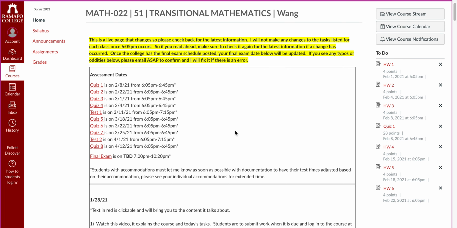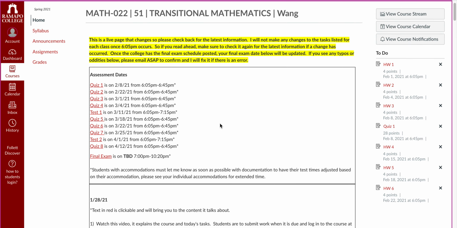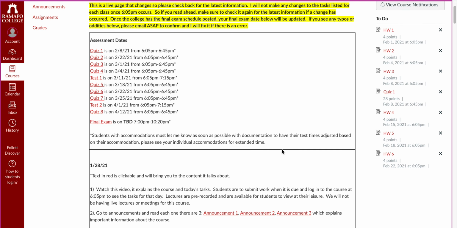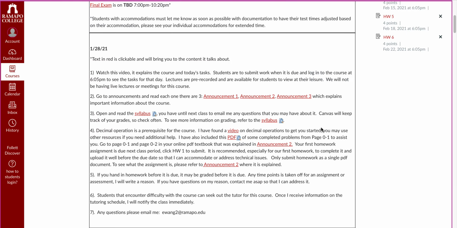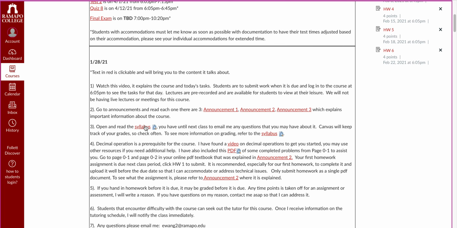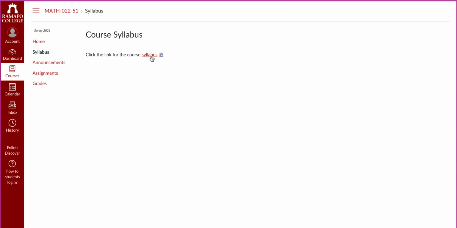Let's talk about how to navigate all these things. When you click here, that was the home button, which is a lot. You have this nice to-do list here that tells you what you need to do for upcoming dates. I forgot to say, anything that's in red is clickable, and it will bring you to where you need to go. If you want to click here for the syllabus, because I mentioned it, you can, or you click on the left side and you can download the syllabus.